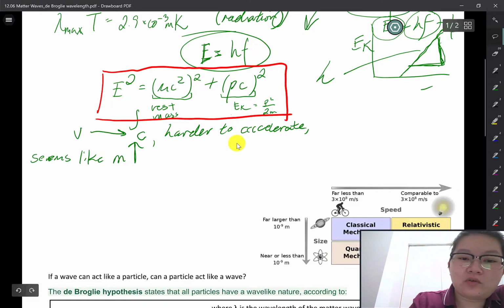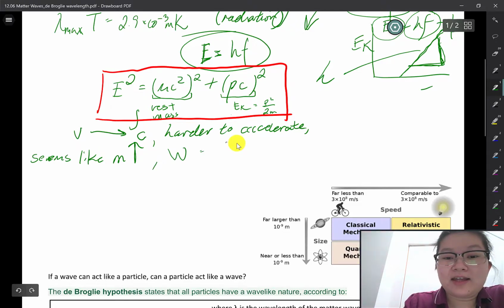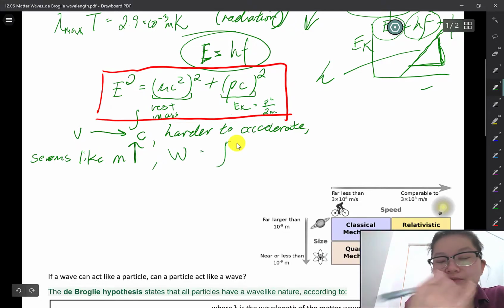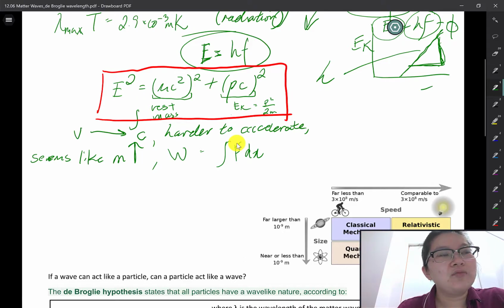So if we try to find the amount of work done to accelerate this particle, and if you know your calculus, if you don't, that is okay, the idea here is that because it is harder to move this particle, the amount of work done to get it to speed up becomes harder and harder,